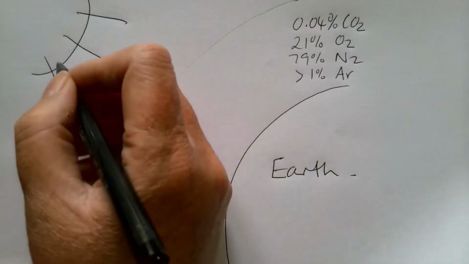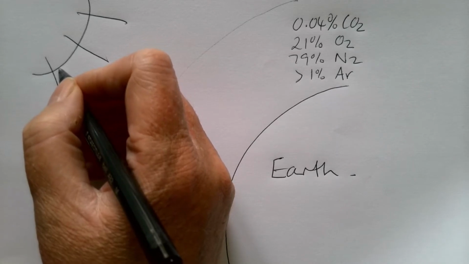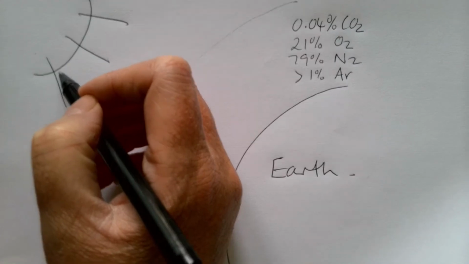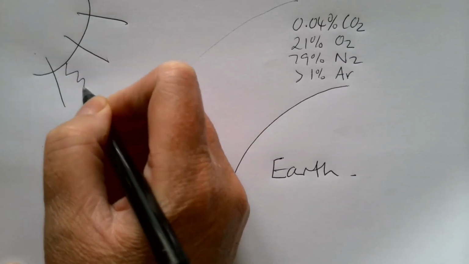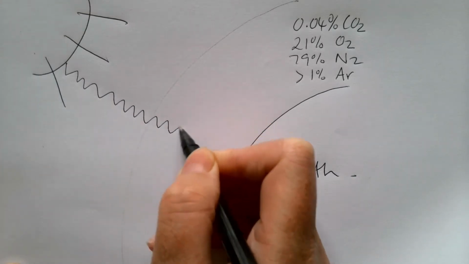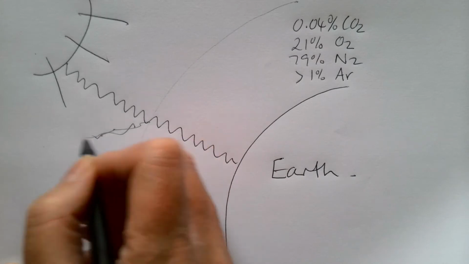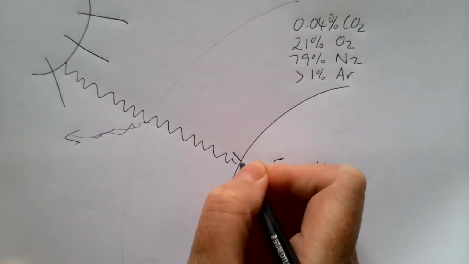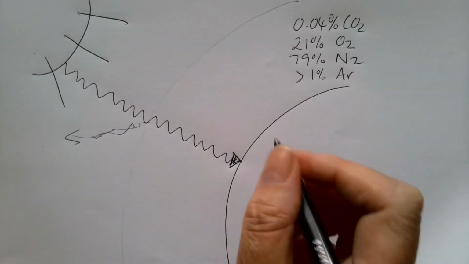the electromagnetic radiation comes in from the sun, and that is because the sun's such a hot thing, it gives out so much energy. It's actually quite short wave radiation on the whole that comes out, so the wavelengths are quite short. Some of them will get reflected there and come off here, but quite a lot of them get through the Earth's atmosphere and hit the surface of the Earth. Now the Earth then heats up,